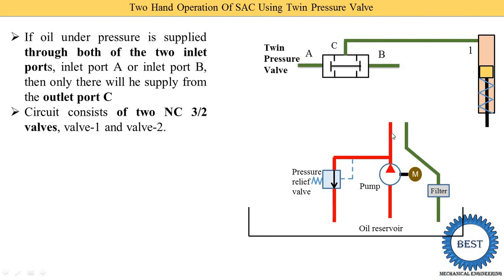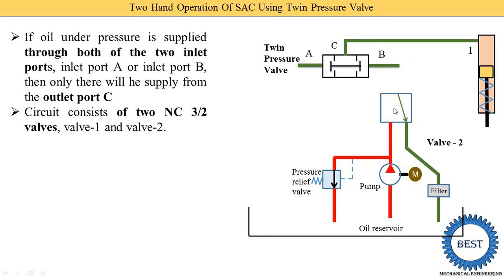Now at the outlet of the pump we put the directional control valves. And what is the type of directional control valve? It is a 3x2. 3x2 means two positions are possible and there are three ports. For the two positions we need to draw 2 squares. So here we draw the directional control valve. It is known as valve 2. So first we draw the 1 square for the first position, and it is the normally closed type.